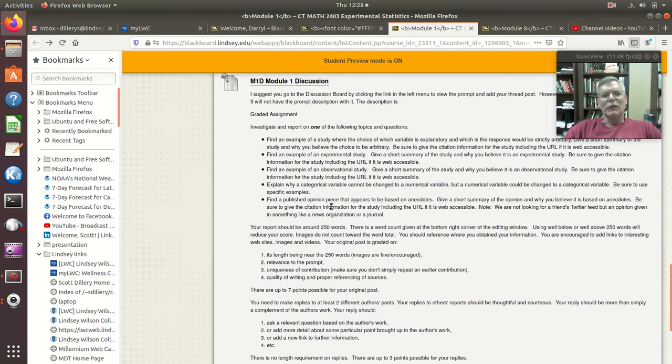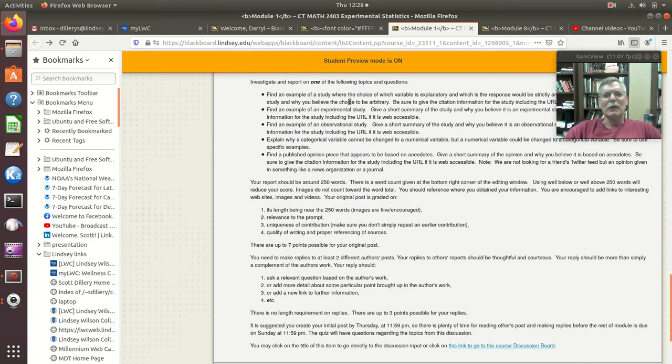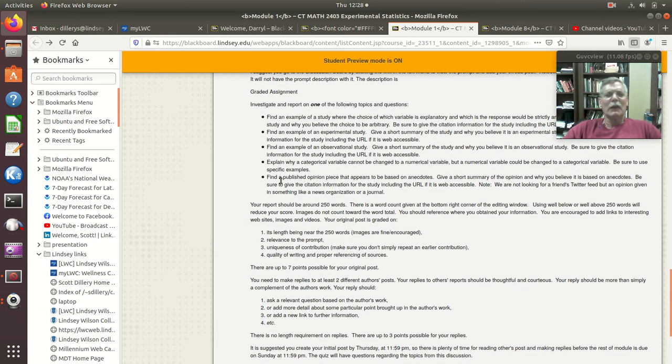But the description is also here, and it's a graded assignment, and it mentions you've got these, 1, 2, 3, 4, 5 possible things to investigate. You pick one. Your classmates might pick the same one, but that's why we limit you to around 250 words. I'm somewhat of a stickler. If you have 220, that's probably fine.